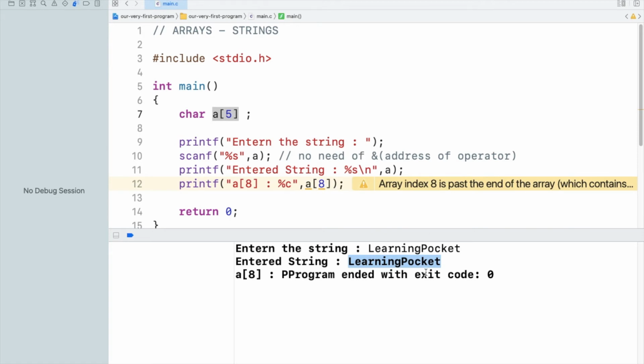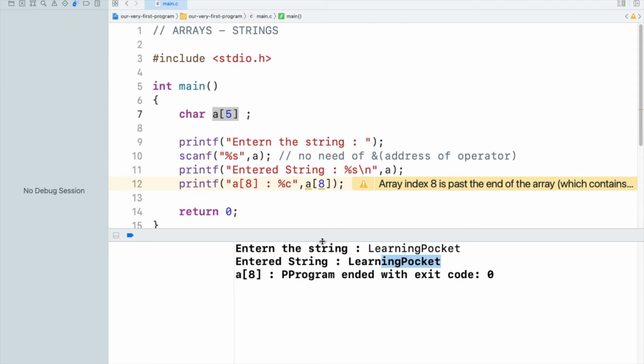So you cannot guarantee that the characters stored after "learn", after indices 0 1 2 3 4, will still be there after a long program. They can change their value because they are not particularly allocated for a.